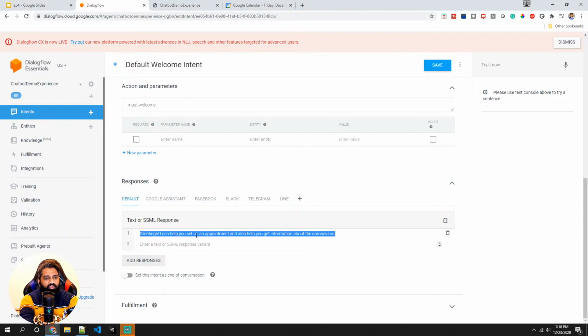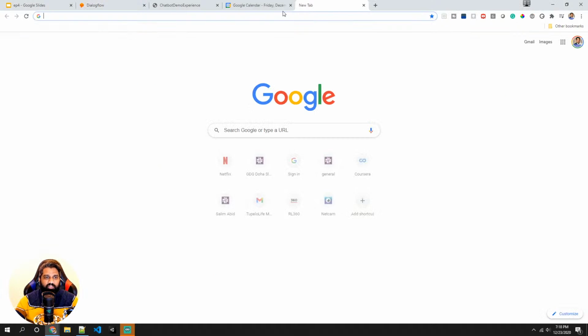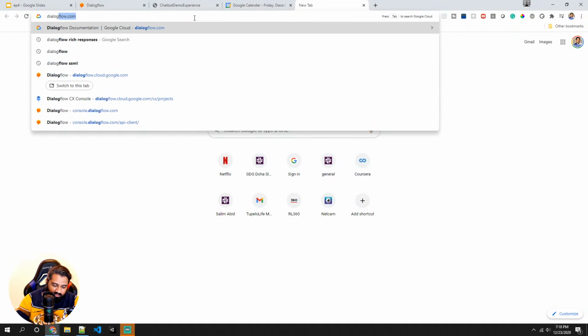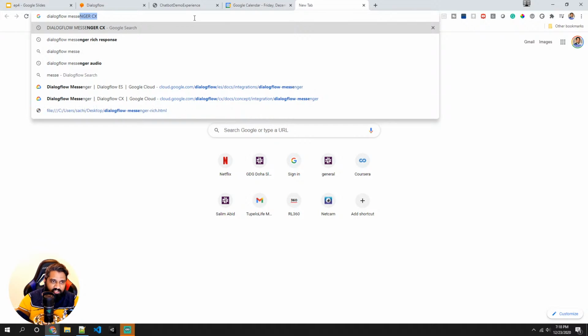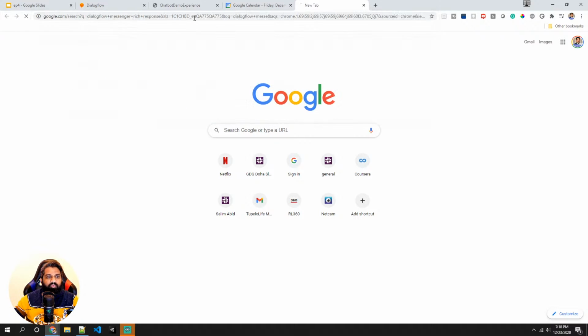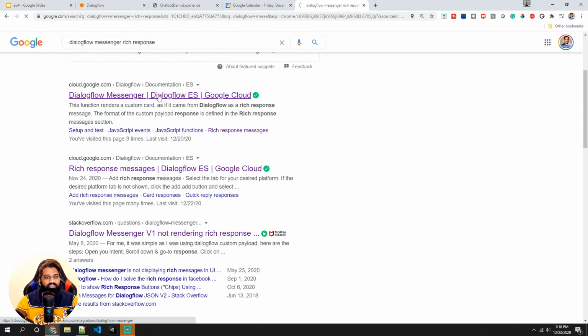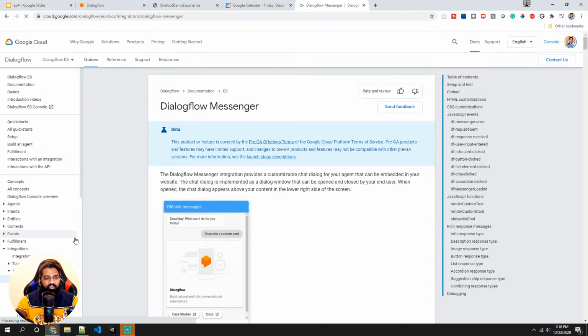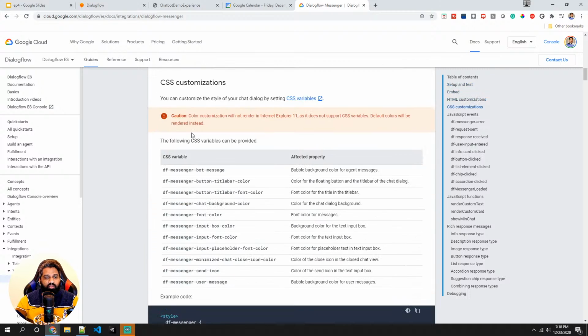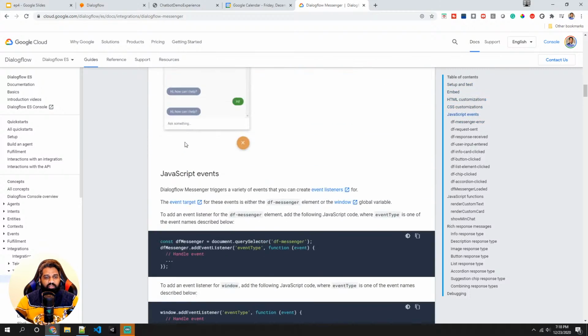The thing we're going to do next is add some dynamic responses. For this, the best way to go about it is to go through the documentation. So I would say come here and search for Dialogflow Messenger. Go to this Dialogflow Messenger page as part of the ES. Over here, as part of the documentation, you can come and see everything that's required in terms of